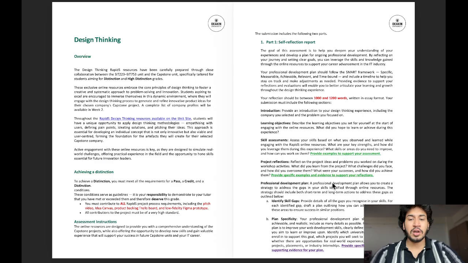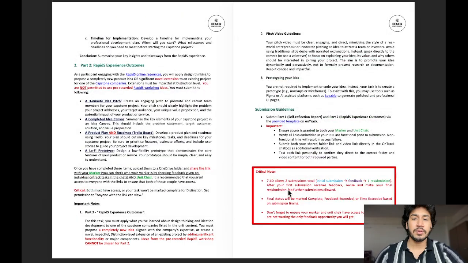On top of all that, we had to also write a self-reflection report of around 1000 words, covering what we had learned and what we had struggled with in our task or in our unit professional development plan, and what it looked like going forward. So now let's move on to